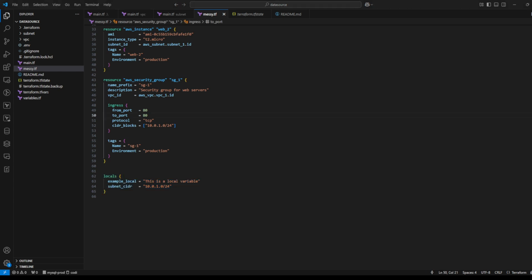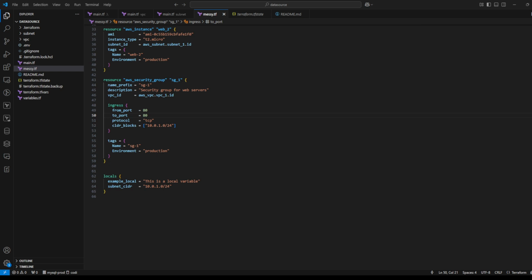Let's get started. So, what exactly are locals? Locals in Terraform are used to store values or expressions that you will reuse later in your configuration. Unlike variables, which are provided by the user, locals are calculated values defined within your configuration. This makes locals helpful for scenarios where you need to simplify complex expressions or avoid repetition. To put it simply, locals help you to keep your configuration clean, DRY, don't repeat yourself, and easier to maintain.